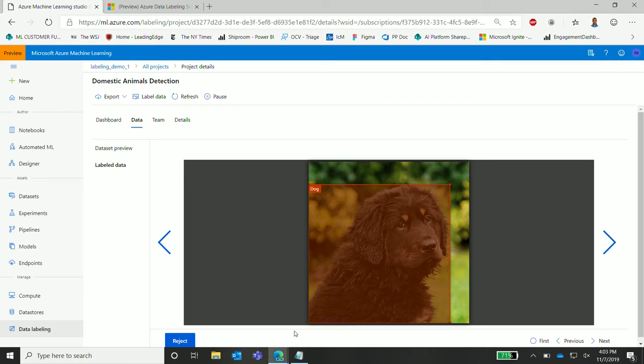Once you reject it, it goes into the pool of unlabeled data, and then someone else will pick it up and do the labeling. This is the current version. In future, you can expect that we'll have more sophisticated quality control on this. Now, at any point during the execution of this labeling project, you can export the